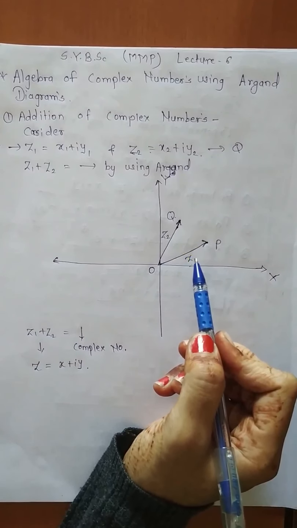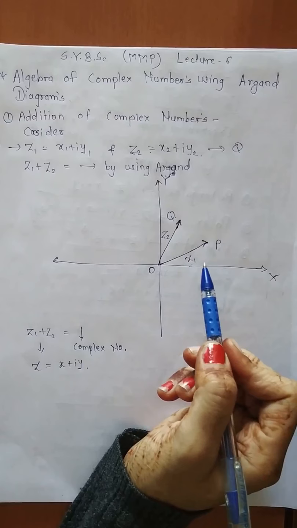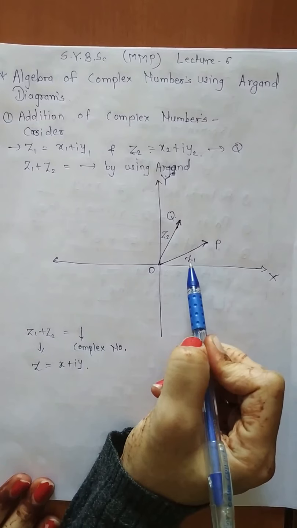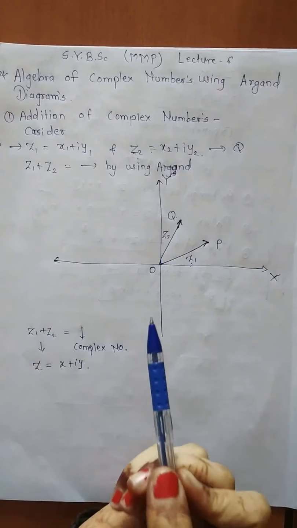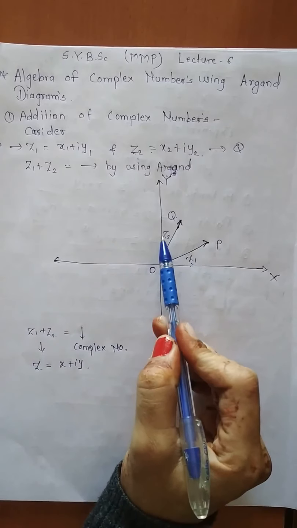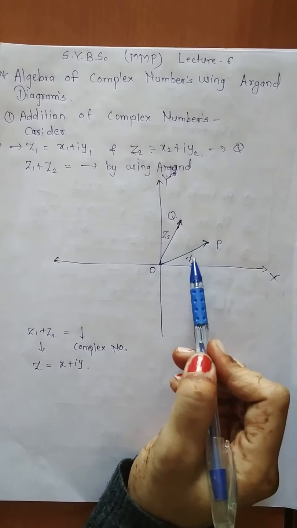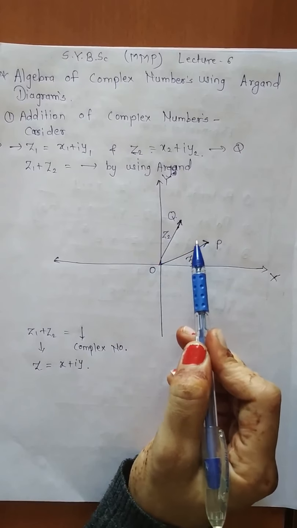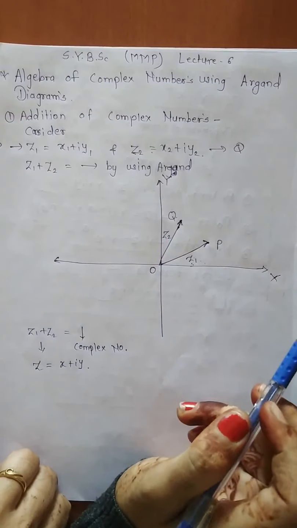Now on the Argand diagram, how will we perform this addition? This addition is performed by using the law of parallelogram of vector addition. Now what is the law of parallelogram of vector addition? See, I am calling this the first vector Z1 and this the second vector Z2. The parallelogram law of vector addition is: suppose Z1 bar and Z2 bar are vectors, then the addition of these 2 vectors is given by the diagonal of the parallelogram through their common point.